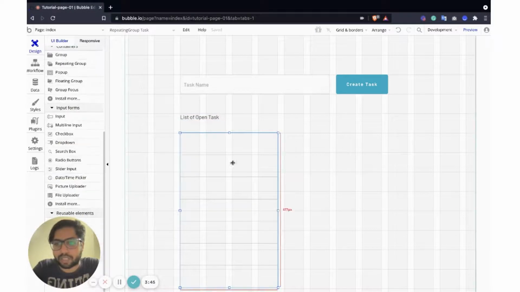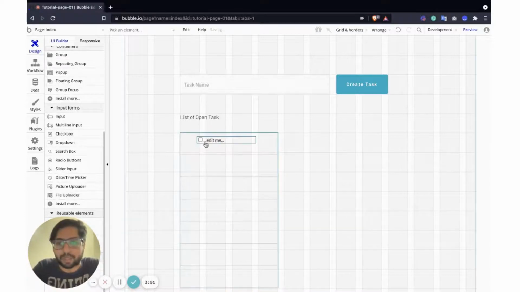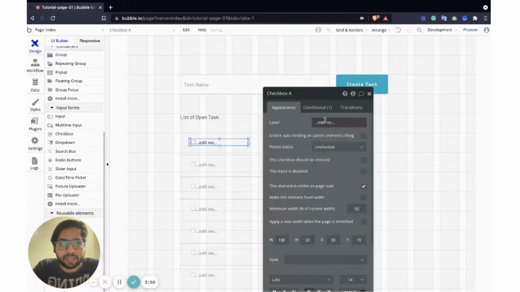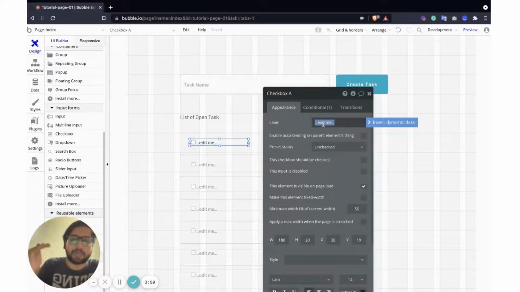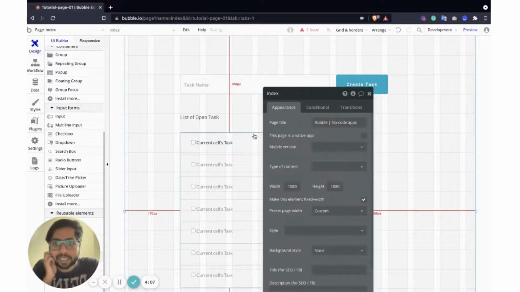So how will you mark the task as completed? Through the checkbox. We're going to use the checkbox input area in this cell. We're not going to name it manually because we want the name of the task. It's going to be dynamic data which will fetch the value of task name from the database, so the current cell's task.